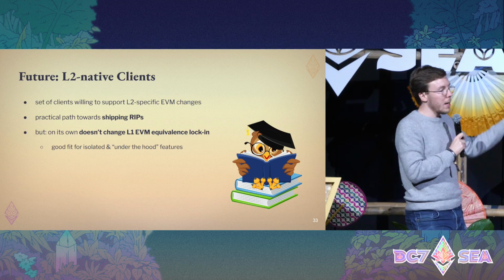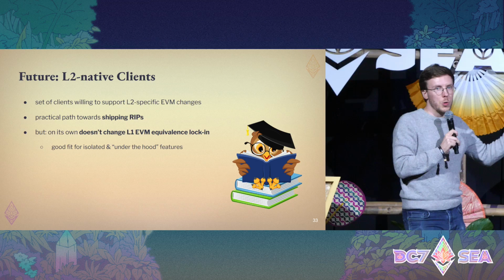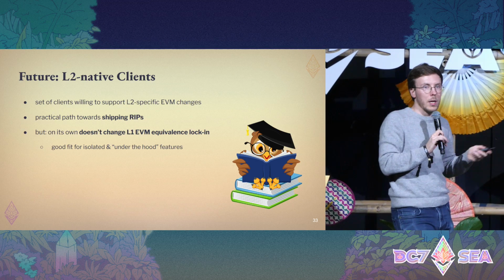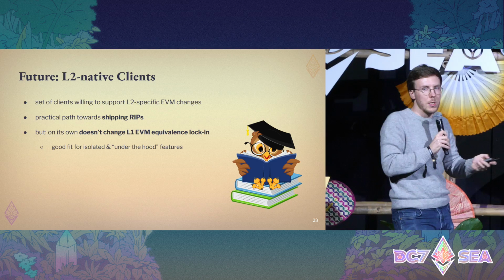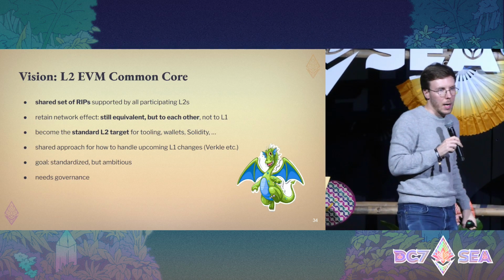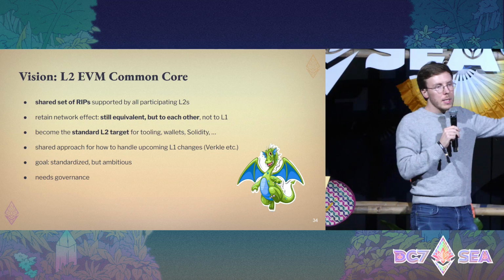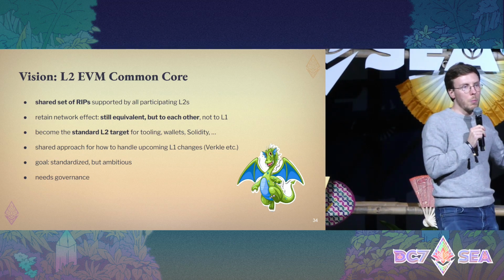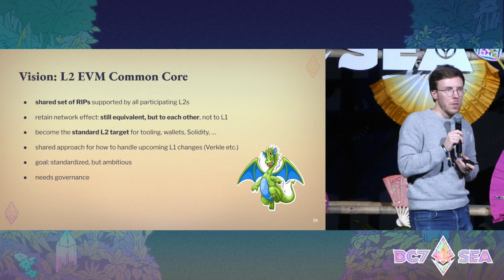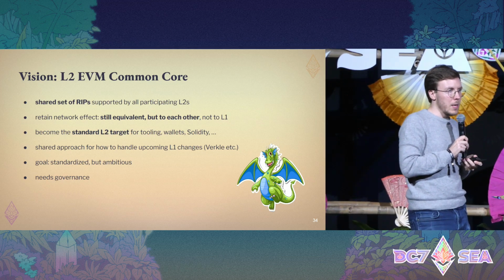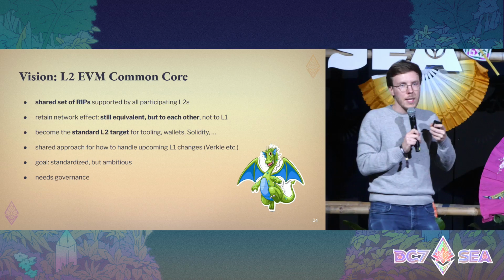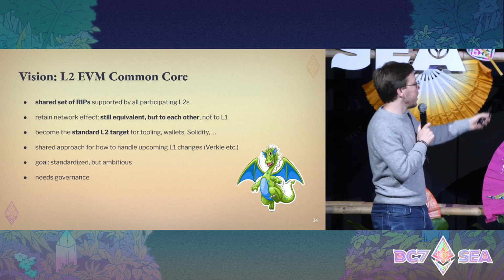The problem is that on its own, that's why it's only one of two pillars, that does not get rid of the fundamental lock-in of the EVM equivalence, the equivalence to the L1 constraints. And so that's where the second idea comes in. That admittedly is a bit more opinionated. This one might or might not play out. That's something that we've proposed to rollups just over the last month or so. There's a lot of interest in this idea, but it's not clear that it will actually play out. So that's the proposal that I wanted to talk about here today.